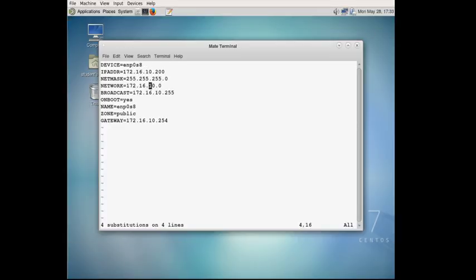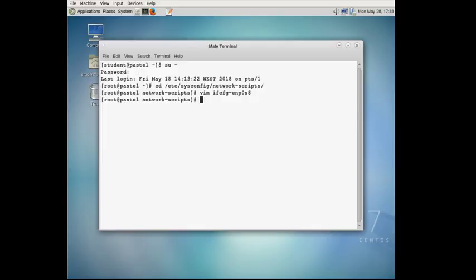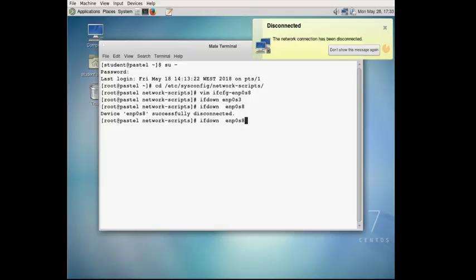So we change the IP address, and we do ifdown. We're going to put down enp0s3, the first interface, and you're going to put enp0s8 also, and then we're going to bring up,